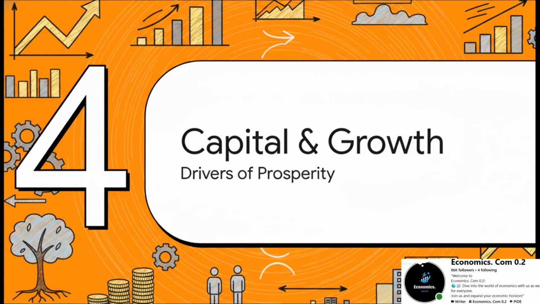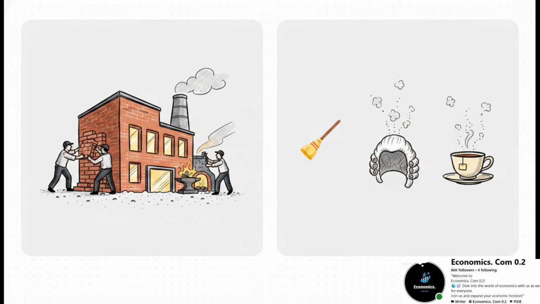Part 4, Capital, Labor, and Growth. So if the invisible hand manages the daily market, what's driving long-term economic growth over decades? Smith argued it all comes down to the types of labor happening in your economy. He categorized them into two buckets: